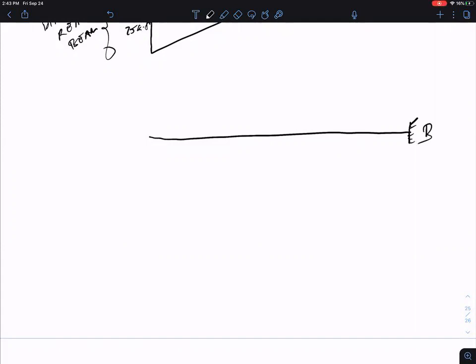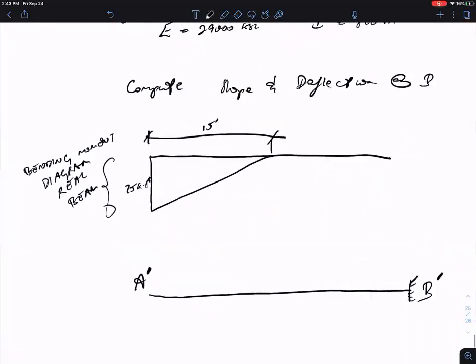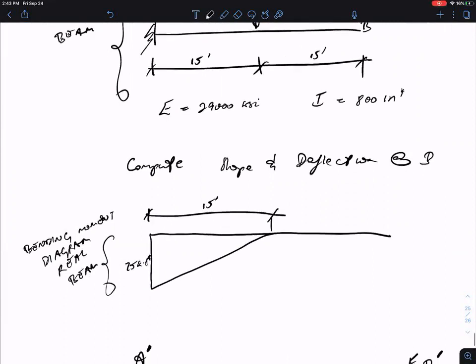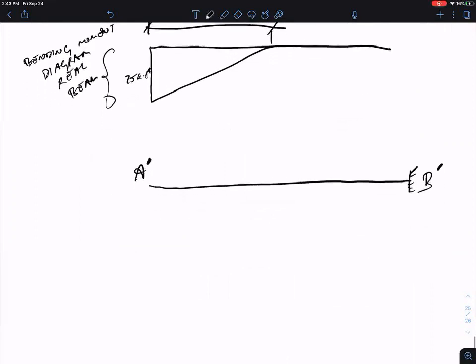So in the conjugate beam at point A, that end is free. And at point B, let's actually just call these A prime and B prime to correspond to the conjugate beam. At B prime, that's a fixed support. And then we want to load the conjugate beam with the M over EI diagram